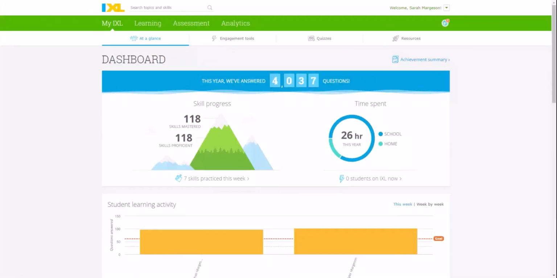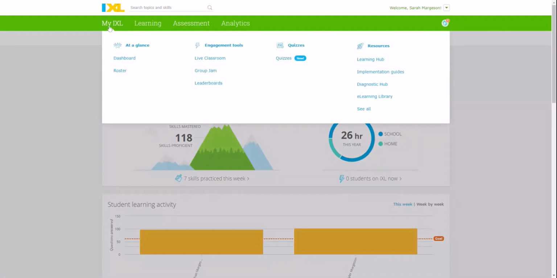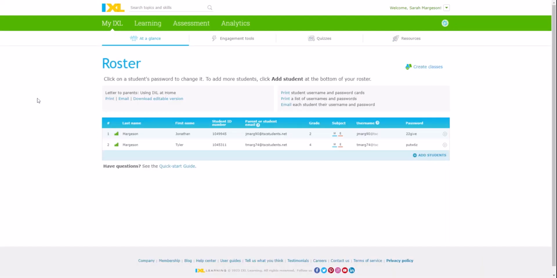Next, we're going to take a look at leaderboards. Before I look at leaderboards, though, I do want to mention one way to help differentiate leaderboards. Right now, leaderboards are a friendly competition between students in your classes. Currently, you are only able to assign leaderboards to an entire class. So if you'd like to assign leaderboards to a smaller group of students to help differentiate some things, you can